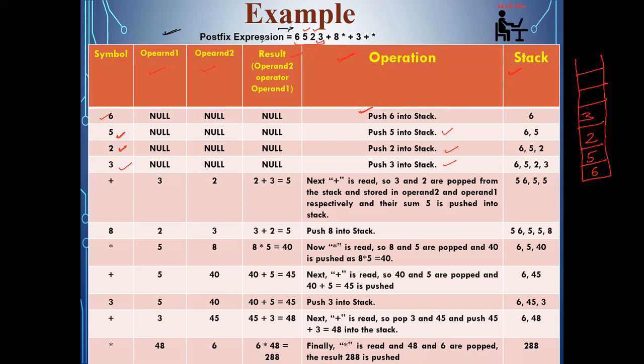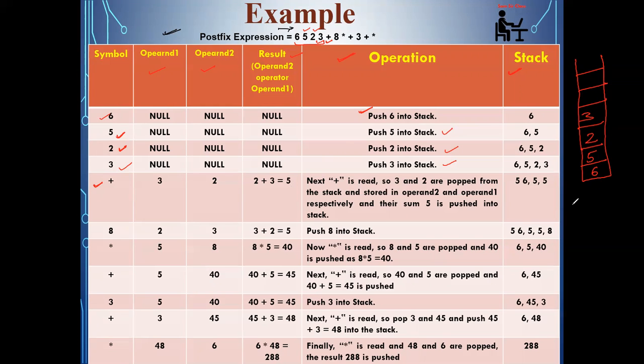Okay, because in the postfix expression either you will encounter one operand or you will encounter one operator. Okay, so simple rule we are following: if operand you are encountering, then directly you are doing the push operation into the stack. Next kind is operator. So whenever I'll encounter operator, I have to do some processing. What processing I'll do? First of all, I have to do the pop operation twice.